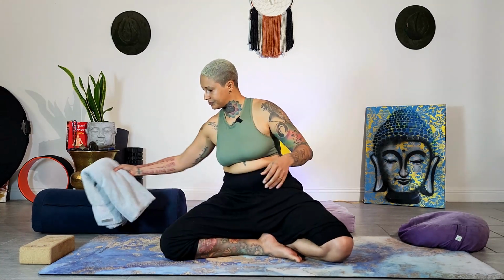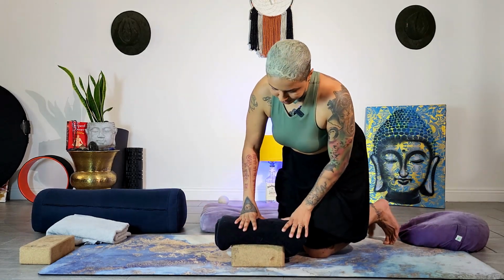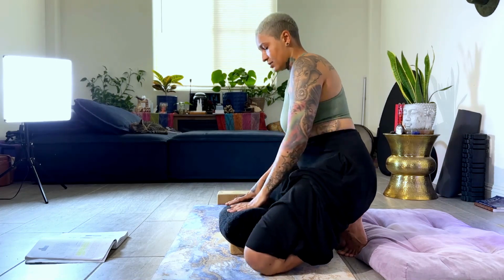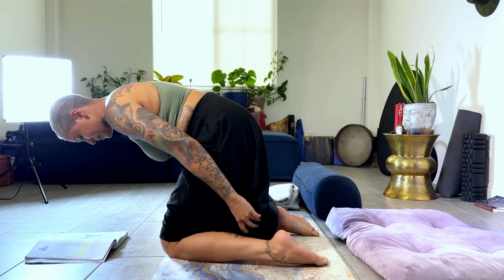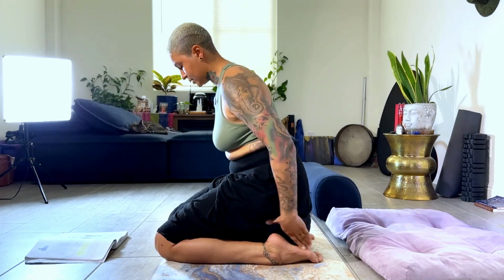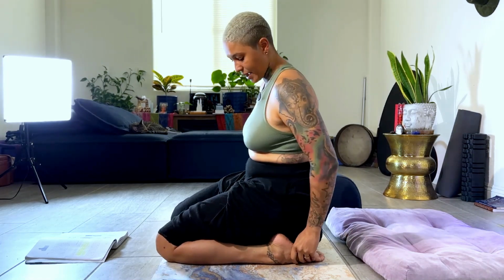So the next variation, we're going to go over our kneeling positions. I'm going to keep this block that I have, because you can keep it just how it is. You've got your blanket, your towel, I recommend a towel, and the block underneath, and you're going to straddle the block. Put this more to the back of the mat so I can sit on the edge of it. Now, when it comes to this kneeling, the height matters,